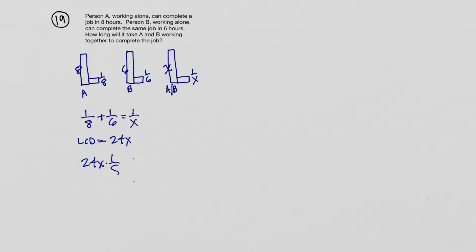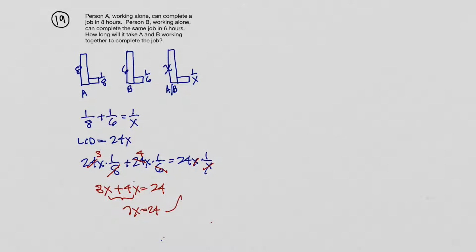24x dot 1 over 8 plus 24x dot 1 over 6 equals 24x dot 1 over x. And this gives us, 8 and 24 will go 3, so we're left with 3x times 1, which is 3x, plus 6 and 24 will go 4 times, so now we're left with 4 times x times 1, which is 4x, equals, these x's cancel, and we get 24 times 1 is 24. On this side, we'll get 7x is 24, and dividing, we'll get x is 24